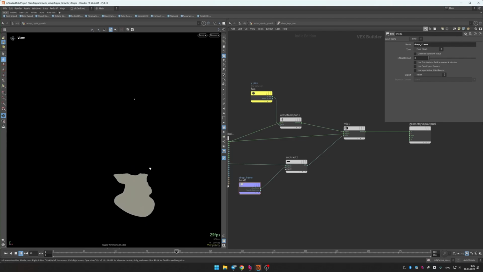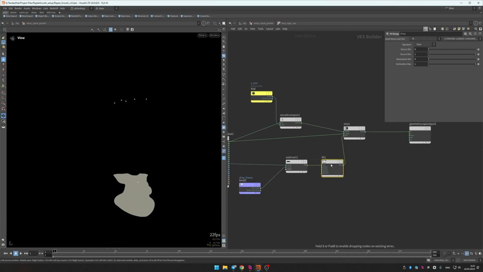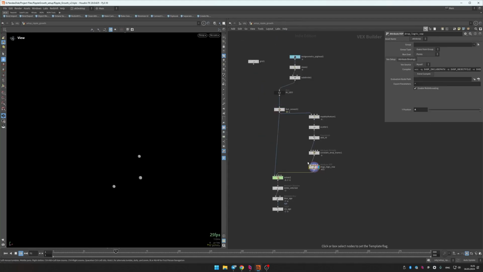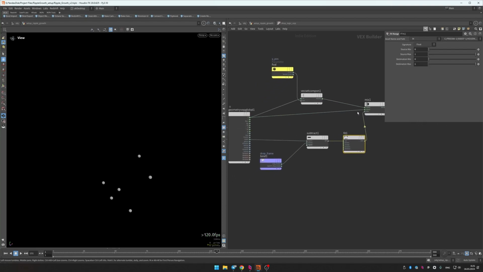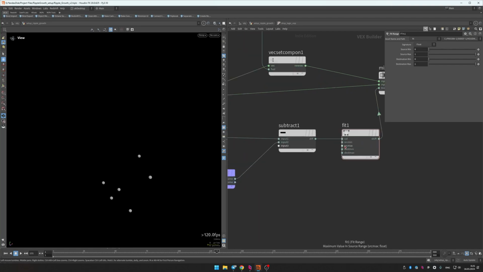So they are disappearing for some reason, and the reason is that we need to clamp this, so it's only from 0 to 1, not 0 to 100 or whatever frame it is. So now you can see they are just randomly dropping points, but this happens in an instant. We don't want that. We want to have a little bit of timing, and for that we're gonna use